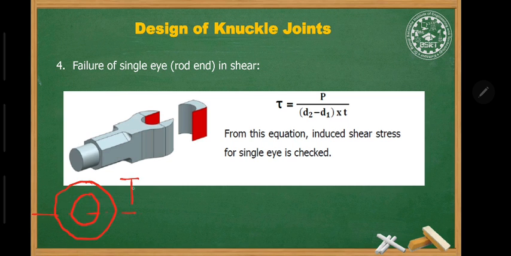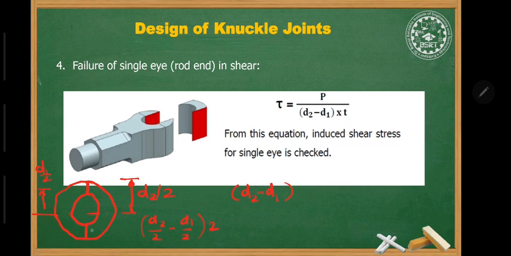So here this is nothing but our diameter d2, and for half portion it is d2 by 2, and for this another portion it is d1 by 2. Okay, so we have to calculate this dimension. So this dimension will be d2 by 2 minus d1 by 2, as it is on both sides. So this dimension will be double, so multiply by 2. So after solving this you will get d2 minus d1.